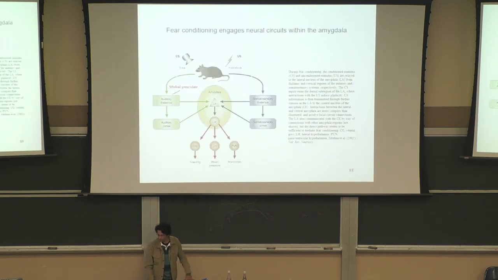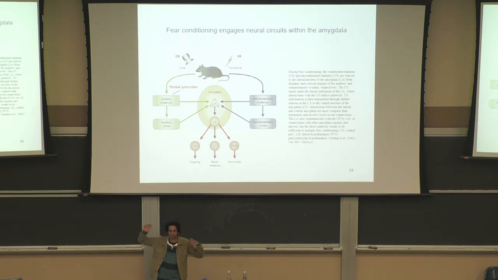Okay, so what they roughly knew about fear conditioning circuitry at that time is shown here. They know that if you just play a tone to a mouse that has no experience, it doesn't have any fear response to the tone, because tones are not dangerous. But then if you pair the tone with a shock, now the same tone makes the mouse freeze and become scared, with increases in heart rate and all that stuff. So that means that after learning, the tone is able to elicit this freezing behavior that it couldn't before.